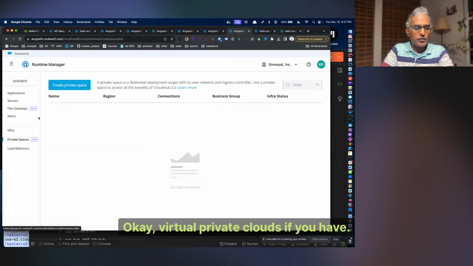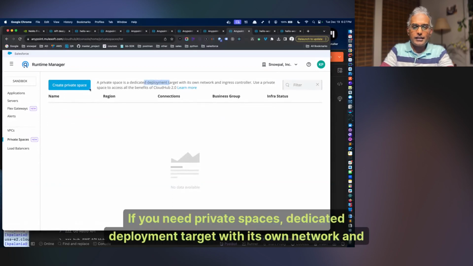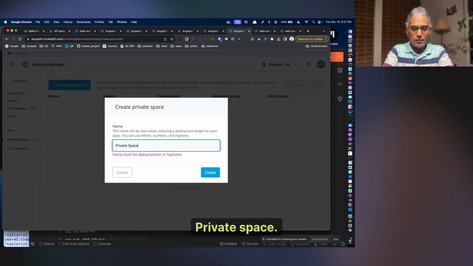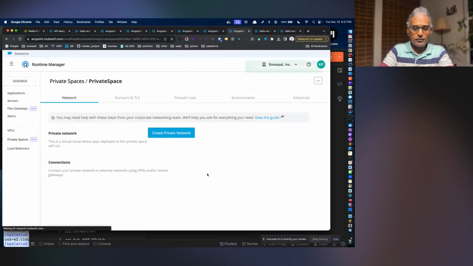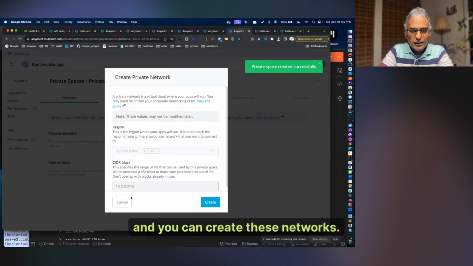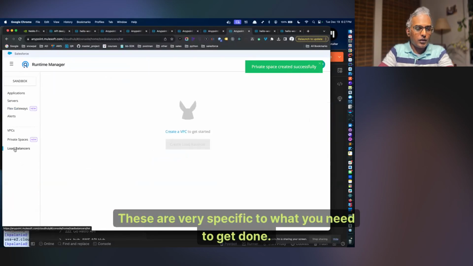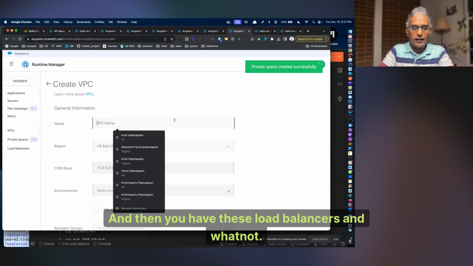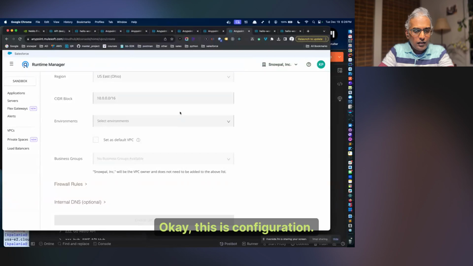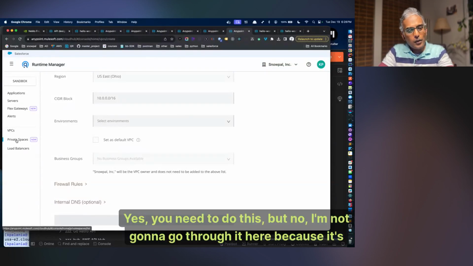Okay, virtual private clouds. If you need private spaces, it's a dedicated deployment target with its own network and whatnot. Then you can create these networks. Yep. Okay, I'm not going to go through these things here. These are very specific to what you need to get done. And then you have these load balancers and whatnot. Okay, this is configuration. Yes, you need to do this, but no, I'm not going to go through it here,